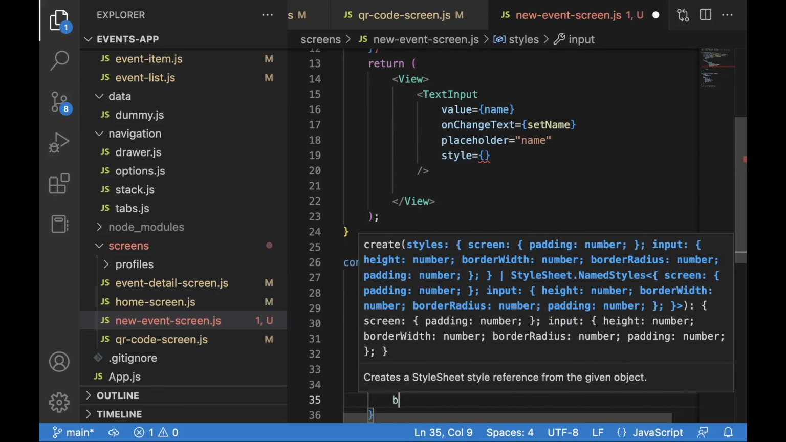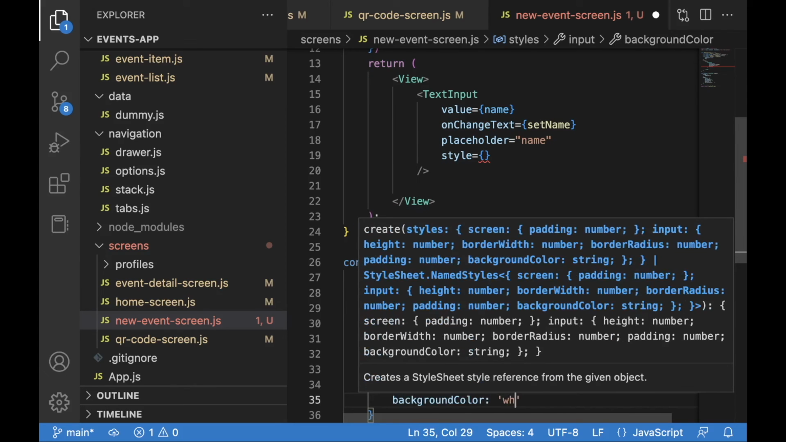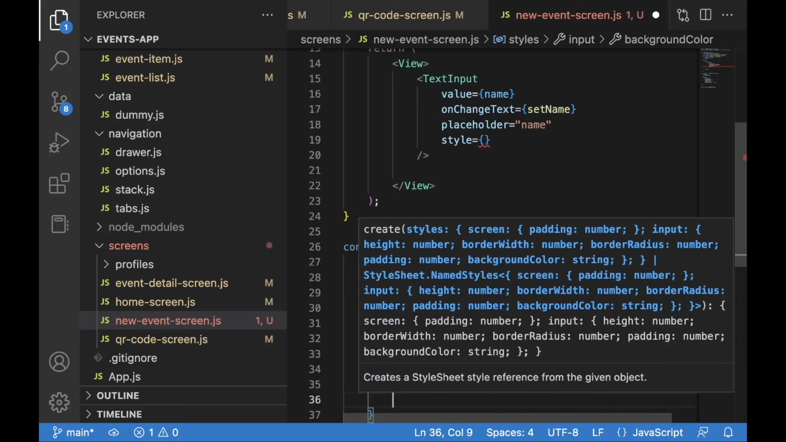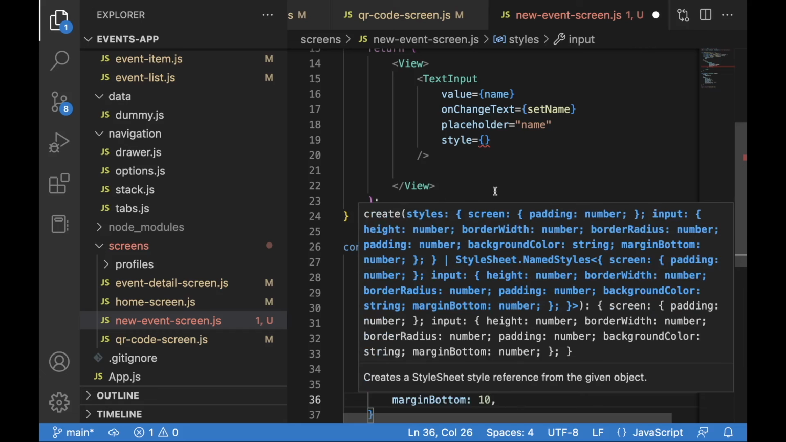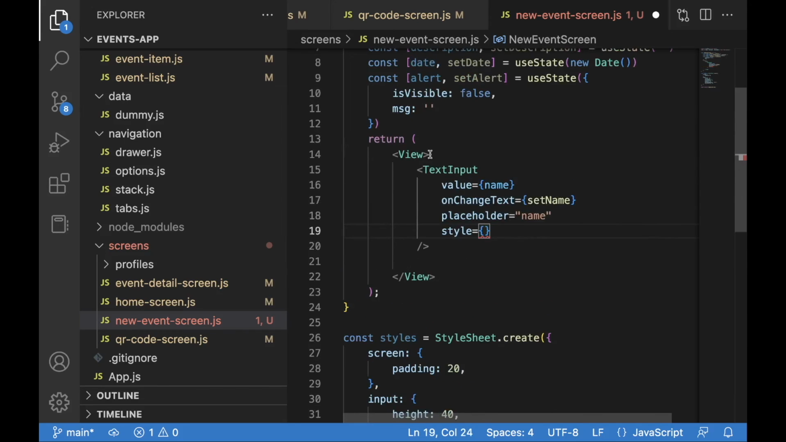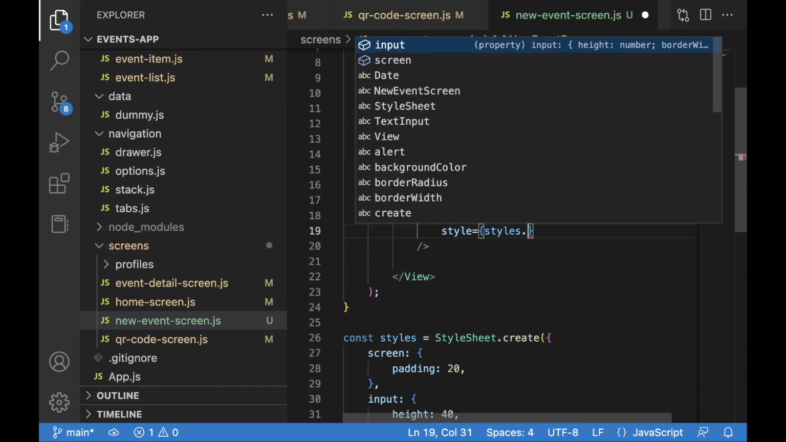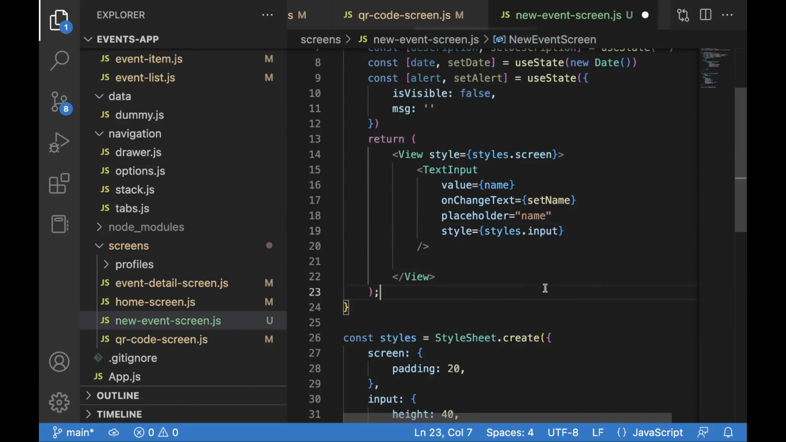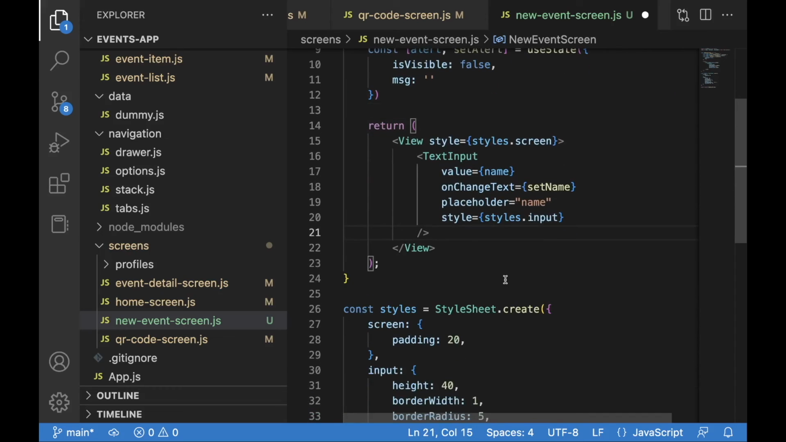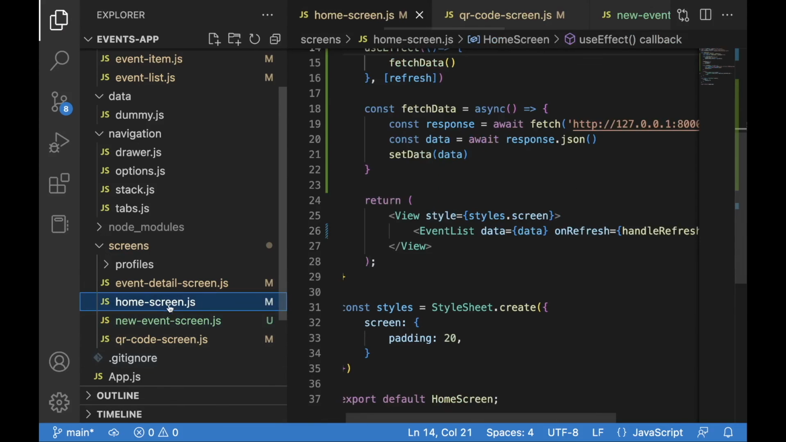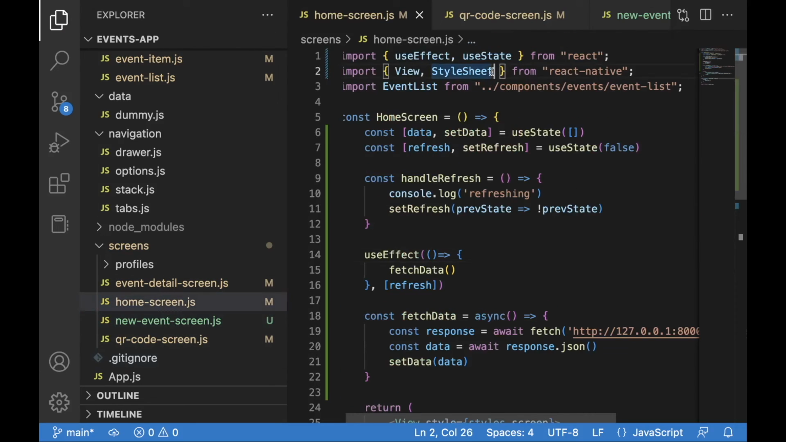And we also want the background color to be white. And finally, let's also add some margin bottom set to 10. All right, so here now we can first of all add a style equal to styles screen, and here styles input. All right, so if we now take a look at our home screen, we can import a button,